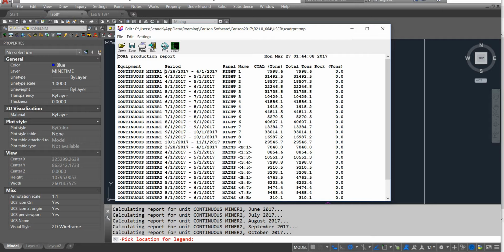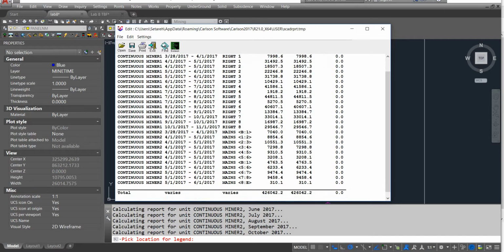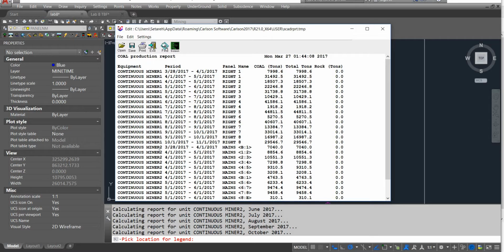So we have continuous miner 1, this period to this period in this panel. So what we should check is that continuous miner 2 starts